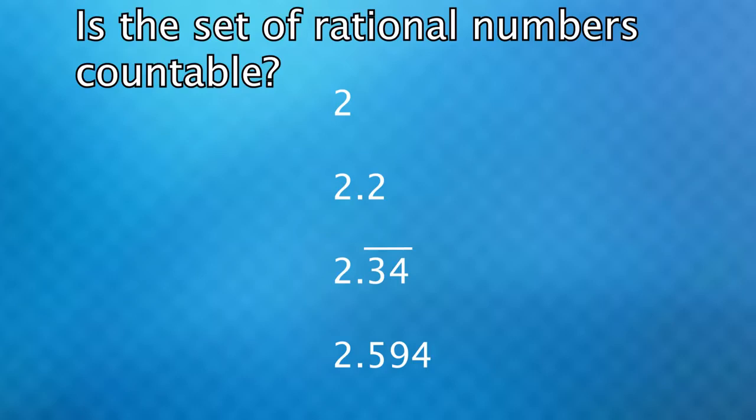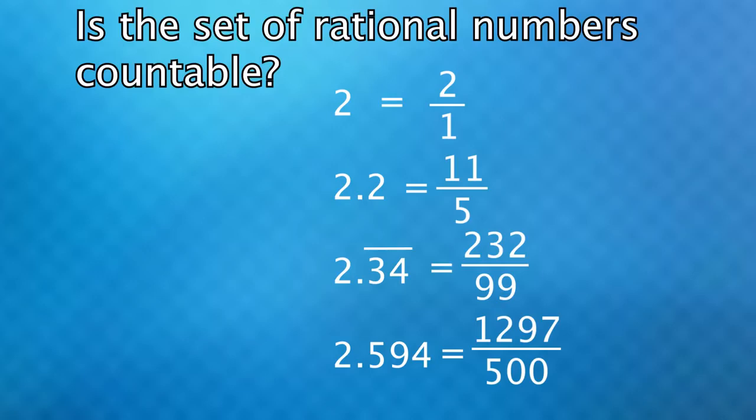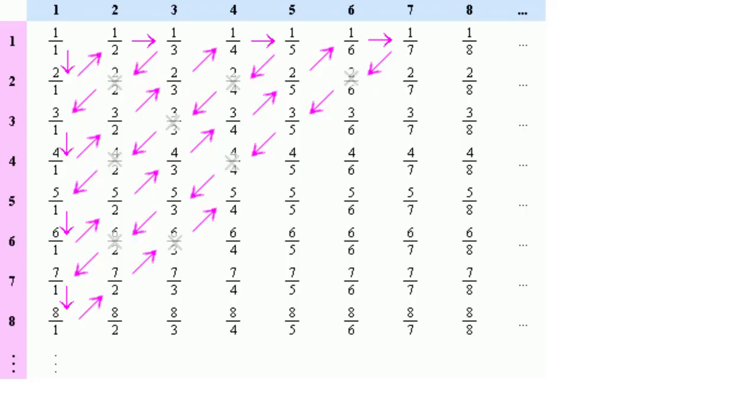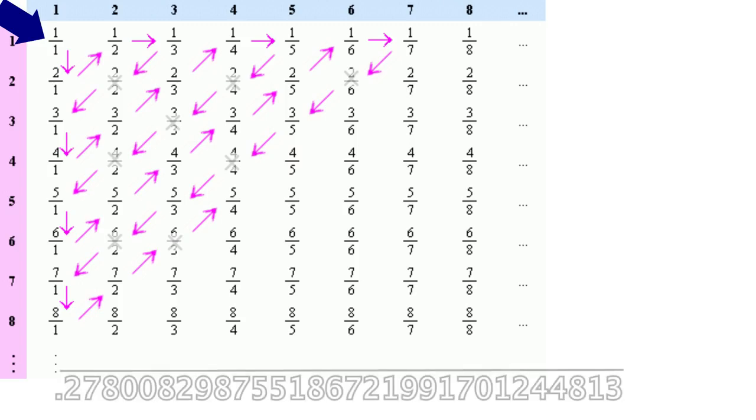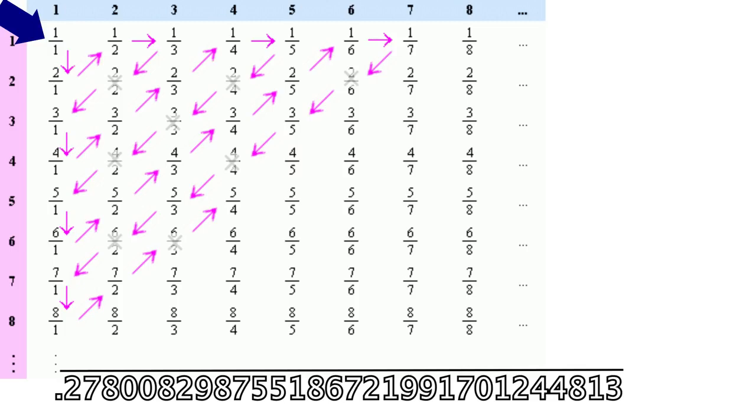First, remember that any rational number can be expressed as a ratio of two integers. Now, the most classic proof is ordering the rational numbers in a clever way such that they are in this form. You have rows and columns of integers, and every entry is the ratio of those two numbers. We can start at the top left corner where 1 is our first rational number. Then we go down to the next for the second, then diagonal, and keep going while skipping the rational numbers that repeat. Doing this, we would eventually reach any rational number you could pick. Even this repeating decimal, and therefore rational number, is just 67 over 241. And if you continue this pattern forever, you'd eventually find that 67 and 241 column and row.